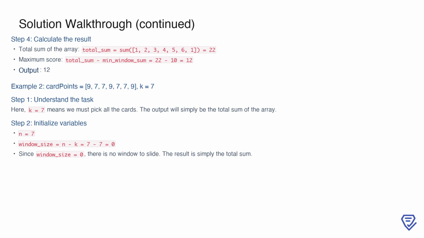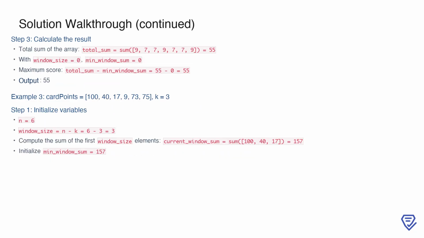For the second example, where all 7 cards need to be picked, the task simplifies significantly. Since we are taking all the cards, there is no window to slide, and the result is simply the total sum of the array. In the second example, the total sum of the array is 9 plus 7 plus 7 plus 9 plus 7 plus 7 plus 9, which equals 55. Since the window size is 0, there is no subarray to consider, and the min window sum is effectively 0. The maximum score is therefore the total sum minus the min window sum, which is 55 minus 0, resulting in